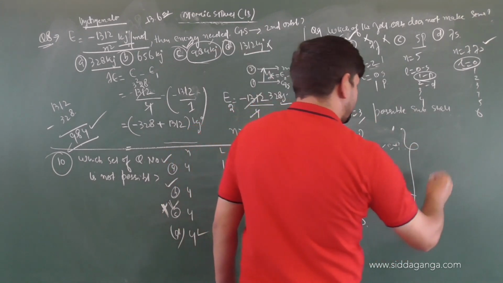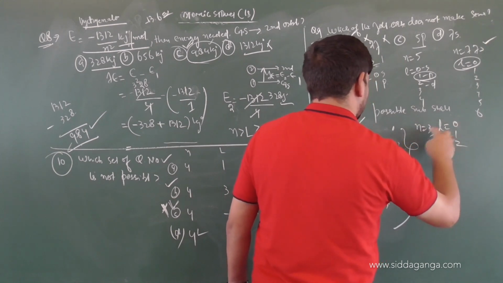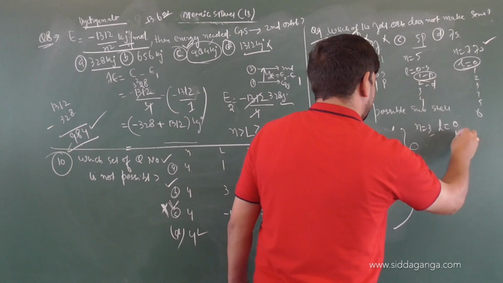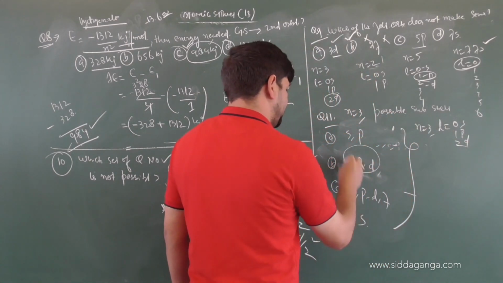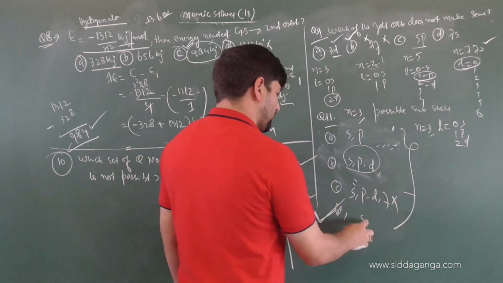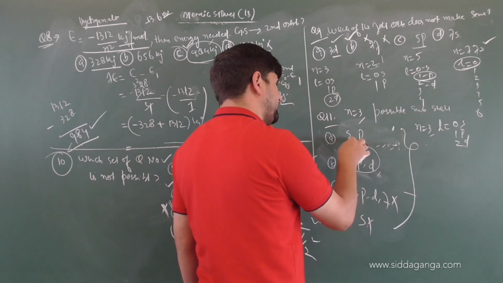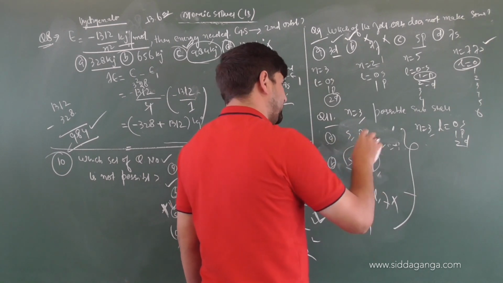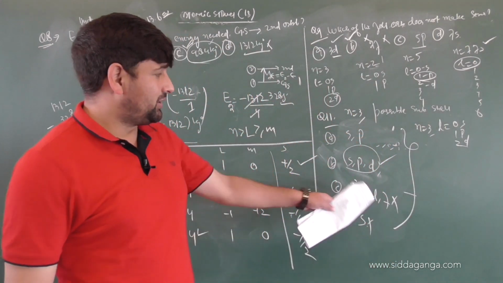What is the n value mentioned to you, children? The n value is 3. What are the values of l? 0, 1, 2. That means spd. So when n value is 3, spdf is not possible. Only s is not there. s and p are there, but not only these 2. There is spd. All the 3 will be available to you because with principal quantum number 3, all the 3 are available.